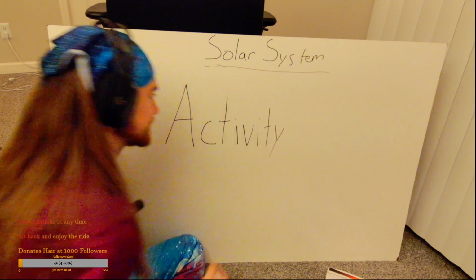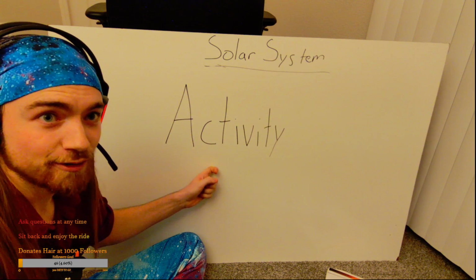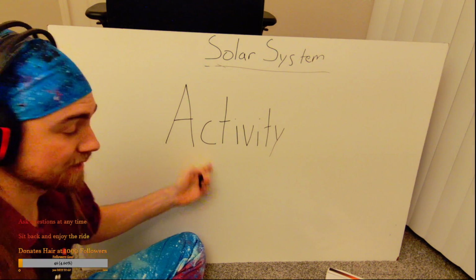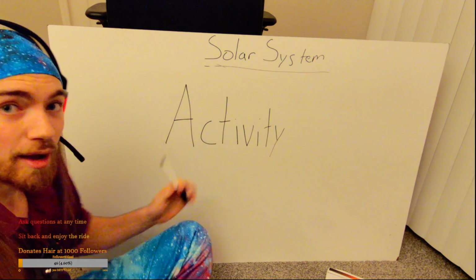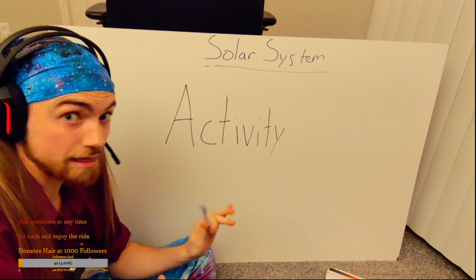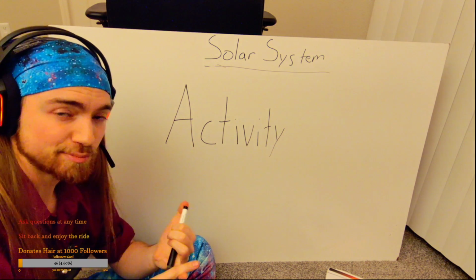Activity. That's all I need for it to be a planet, in my opinion. Semi-scientific opinion. Because something like Mercury is inert and not doing anything where it's at besides being the closest planet to